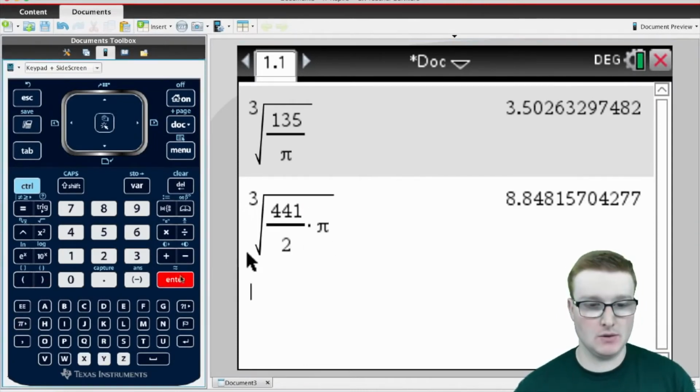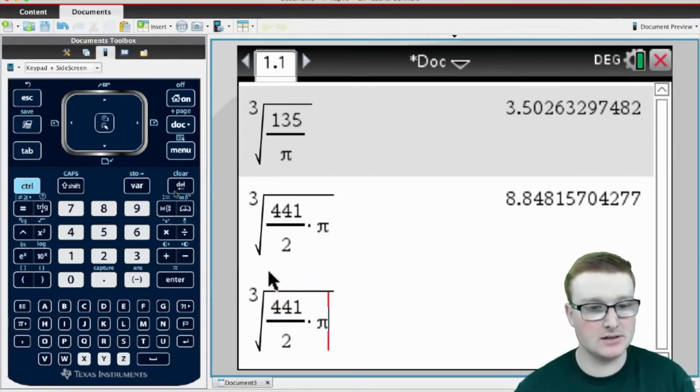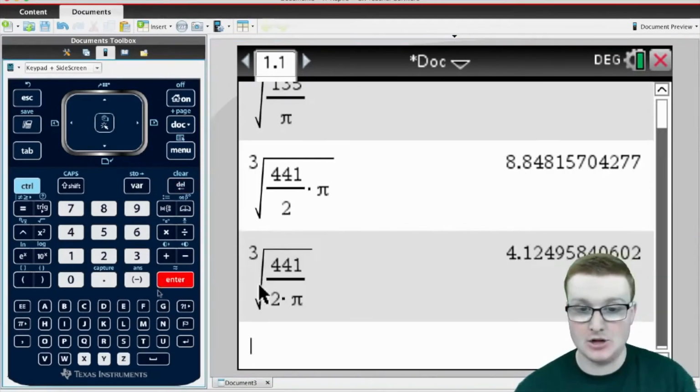Make sure that you use parentheses, folks. That is not right. The pi needs to be in the denominator. You see how this calculator sometimes tricks you? You need to be very careful. That pi is supposed to be in the denominator. Your answer is